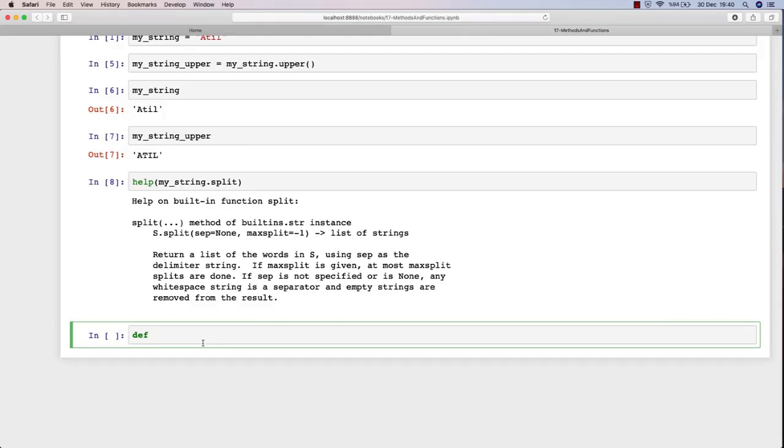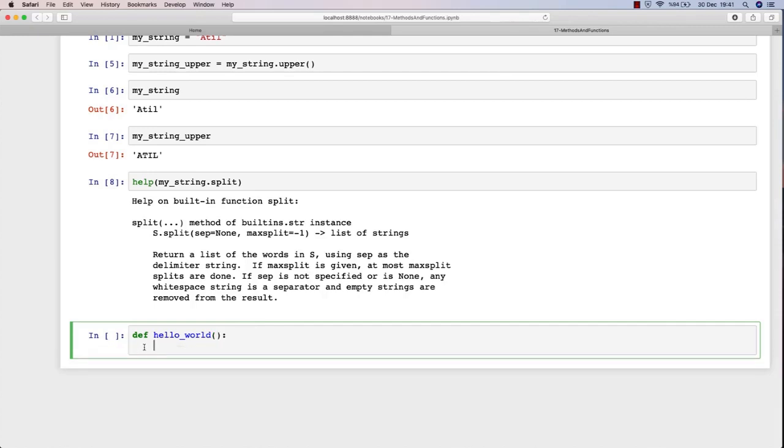You can choose whatever you want for the function name. Of course, it should be relevant because you might want to remember it later on. All I want to do is just write hello world in this function, so I'm going to call this hello world, and then after that I put a parenthesis and a colon. Under this colon I hit enter, and what I write here with indentation will happen when this function gets